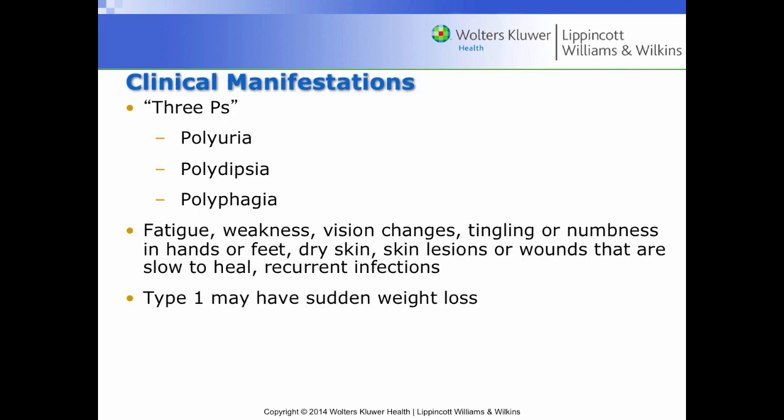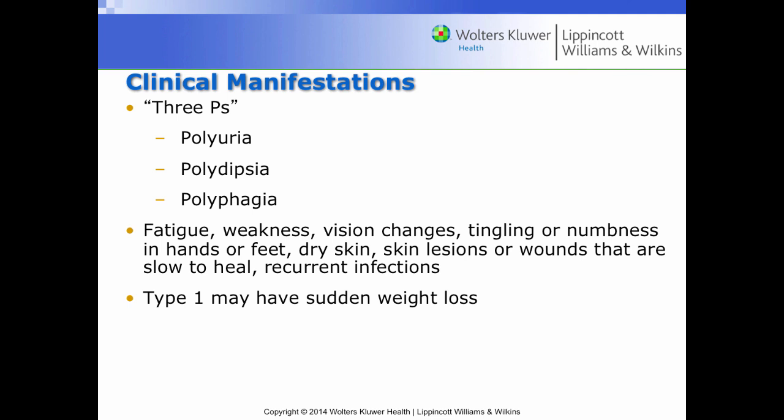Now, clinical manifestations for diabetes, there are acute manifestations, and then there are chronic complications. Now, the acute manifestations, there are three key ones, sometimes called the 3 Ps. So polyuria, polydipsia, polyphagia. So polyuria means an overproduction of urine, and that overproduction of urine is caused by a